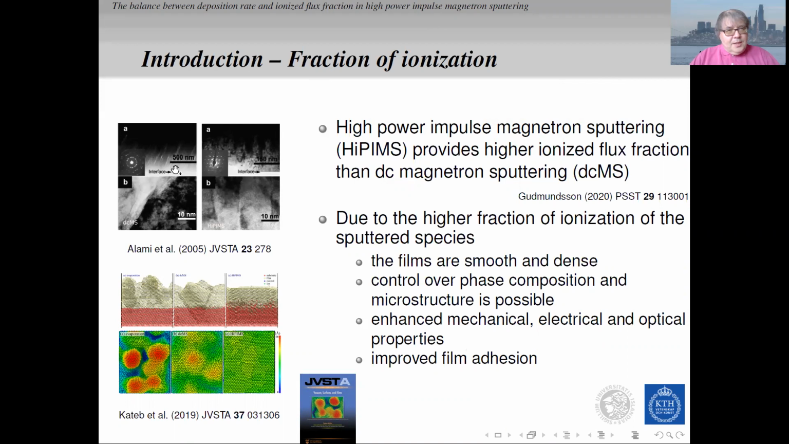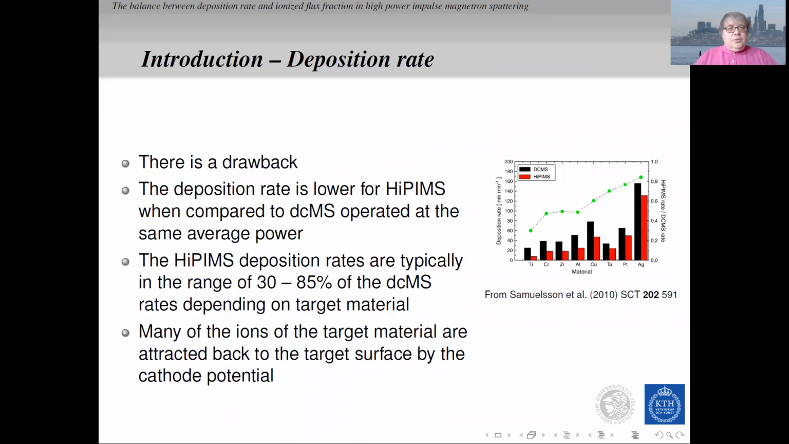Here we see that the crystallinity is improved greatly in HIPIMS compared to DC magnetron, and this has also been demonstrated using molecular dynamic simulations. But there is a drawback. The deposition rate in HIPIMS is often significantly lower than the DC discharge operated at the same average power. And here we show the well-known curve that shows the deposition rate is significantly lower for the HIPIMS for different